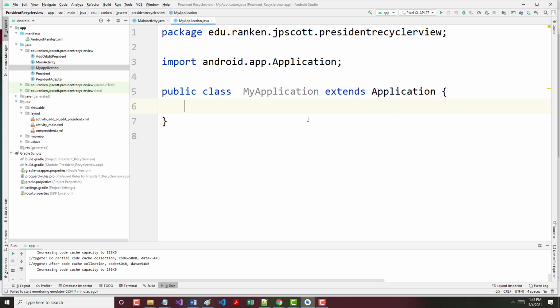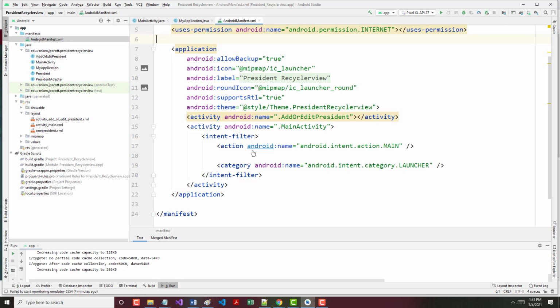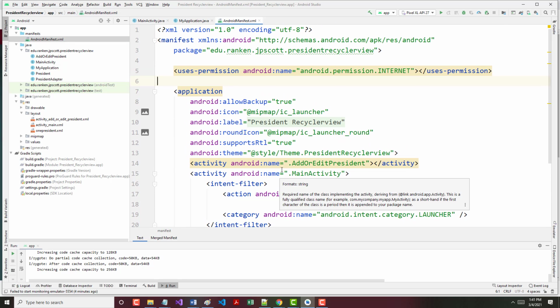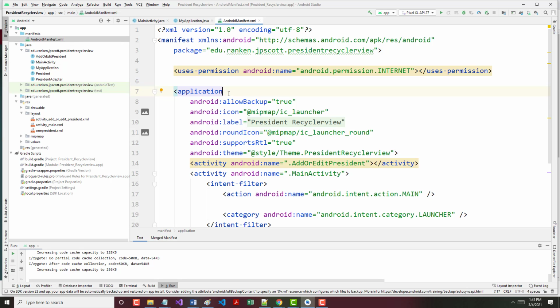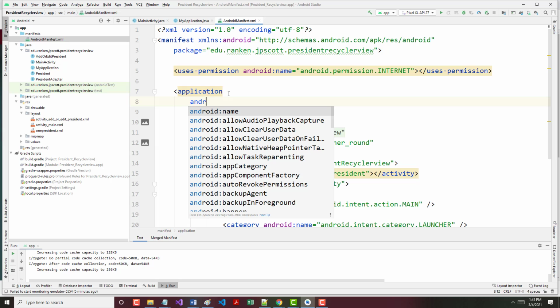All right. Okay. And I guess what we're going to have to do then is go back, even though I told you to close it, and open up your manifest file again. All right. And right after what we just put in, it's got allow backup, an icon, all this good stuff, but we have to let it know that we want the first thing that's in here to be our new application, that class that we just created. All right, so we're going to come in here, hit enter, and type in android:name